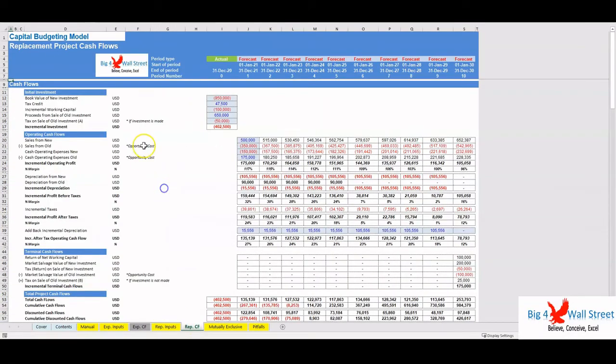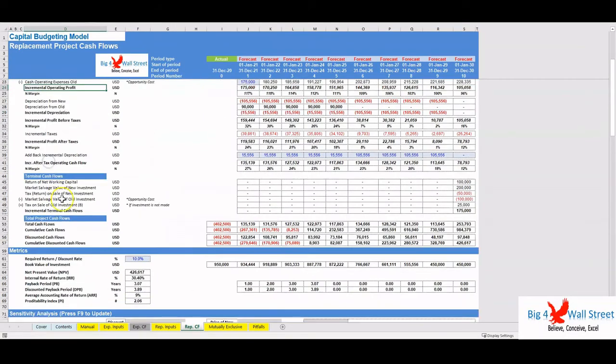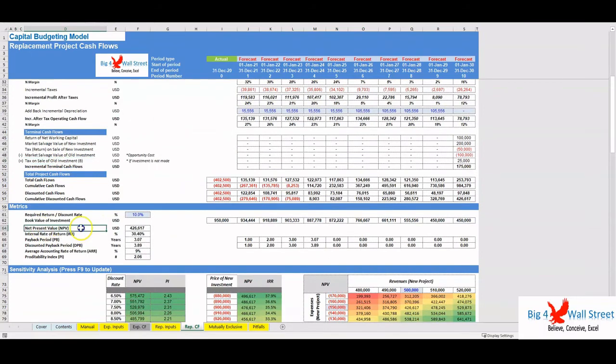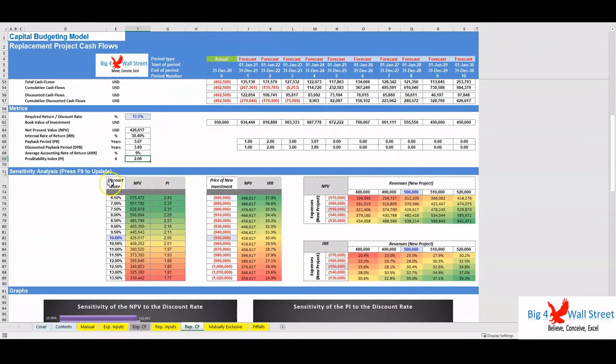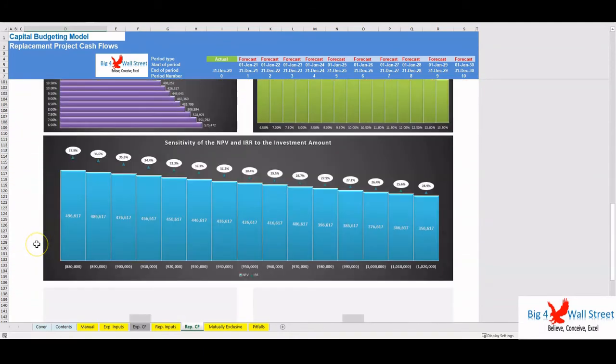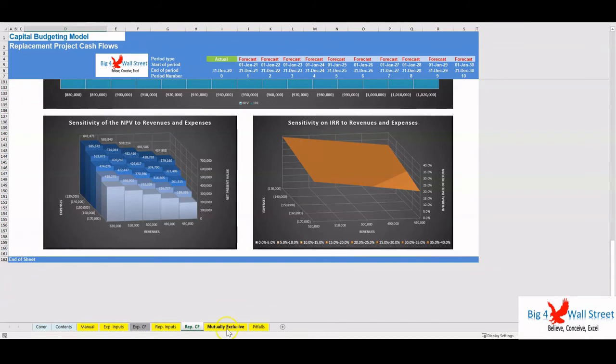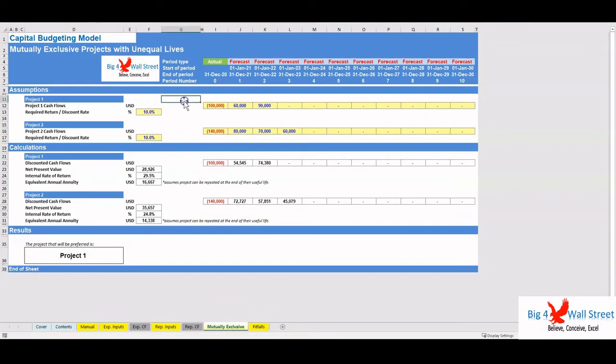The initial investment, operating cash flows and terminal cash flows are computed, resulting in various capital budgeting metrics such as the net present value, the internal rate of return, the payback period, the average accounting return, as well as the profitability index. Sensitivity analysis follows for the net present value and internal rate of return, as well as various graphs related to the sensitivity analysis. The third case considers the comparison between two projects which have unequal lives and that can